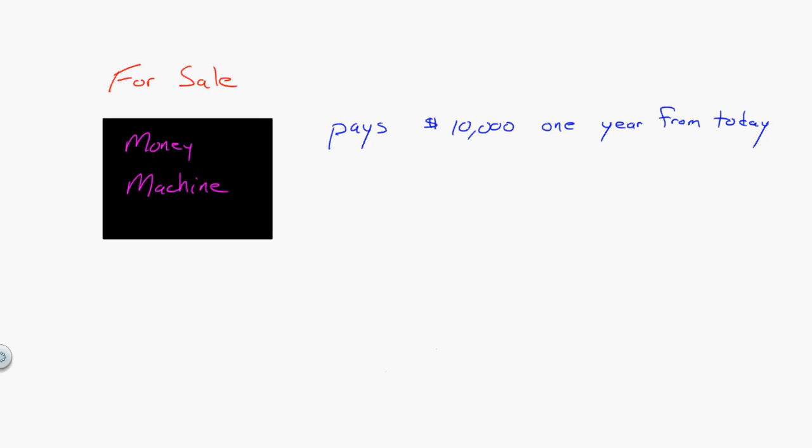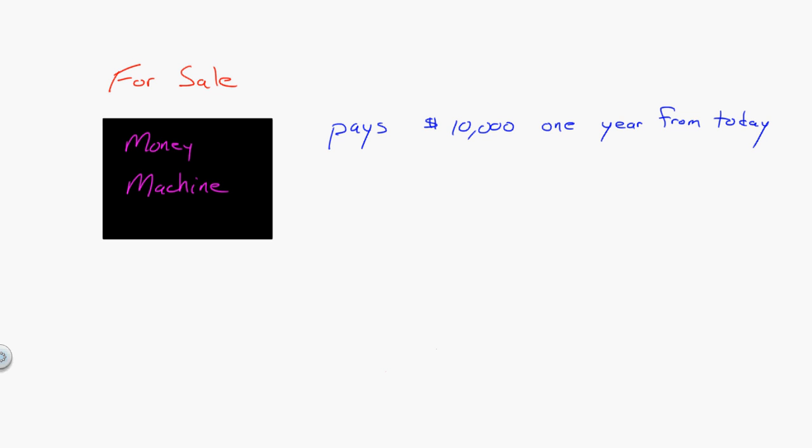Now I want to talk about time value of money. Everything we do in finance from here on out is going to be based on these concepts. So it's very important to understand what's going on, and not just the math, but to get the big picture. So to get the big picture, I want to use this example of a money machine, because going forward, I don't care if it's a bond or a stock or if it's some project we're doing or whatever it is. Just think of it as a money machine.